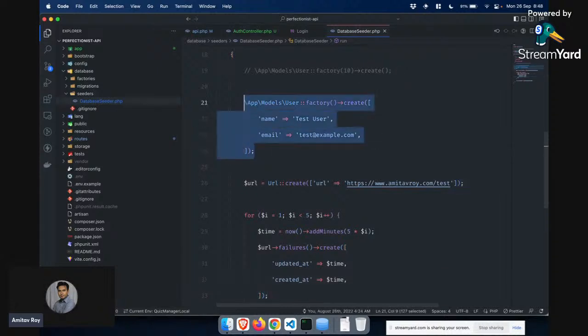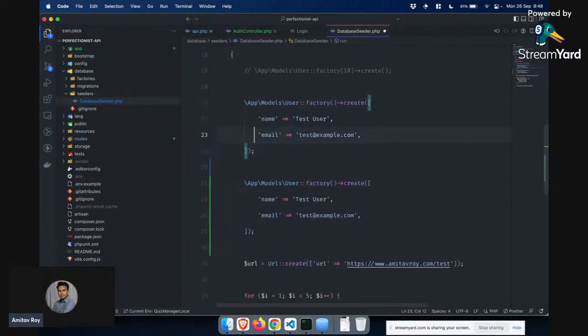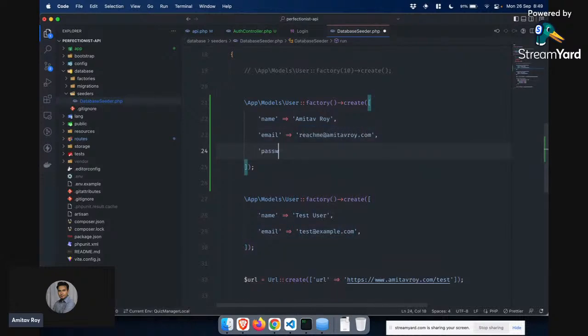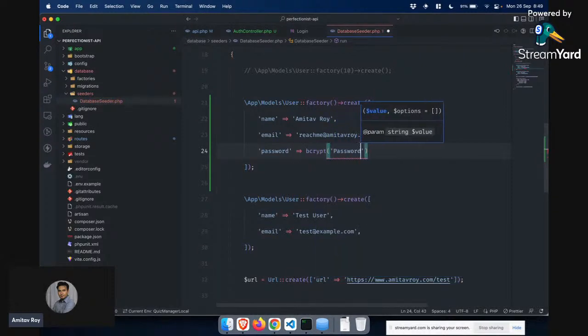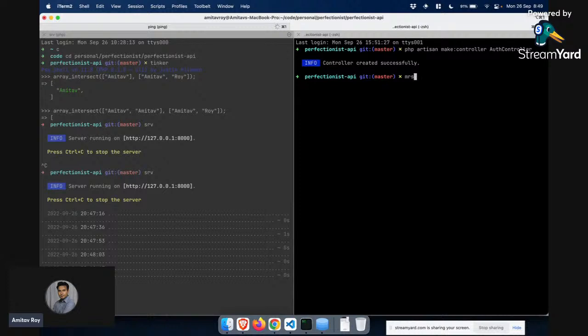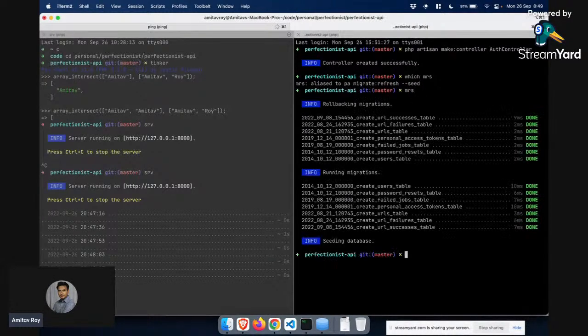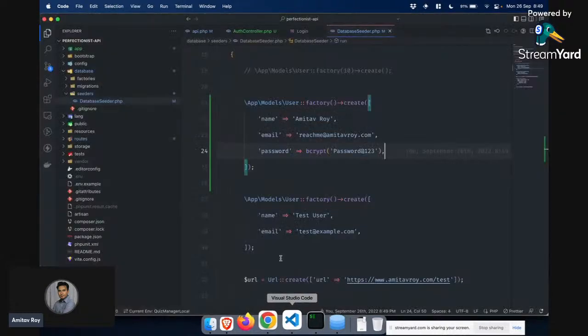Maybe I'll just create a new user with my name and I'll use the bcrypt function. Password at the rate 123, that's my secret password. Okay, and with this thing in place, I'm going to run PHP artisan migrate:refresh and seed. Okay, everything is done. Now, if I hit the API,